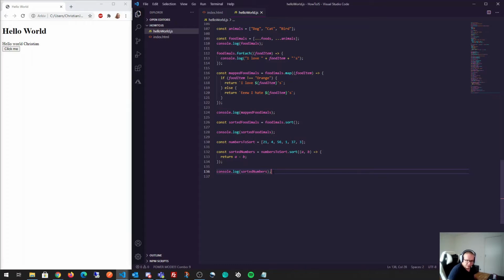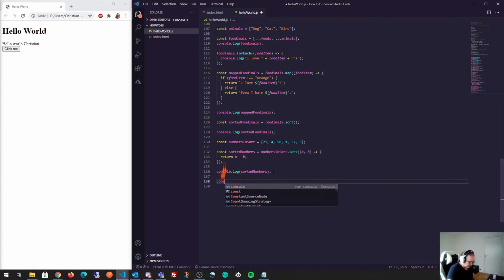So without further ado, I will just jump down here, and I will start by creating a new array. I will call this adding array for adding items. And I will set this as empty to begin with. Then I will save this, and before I do anything else here in my JavaScript